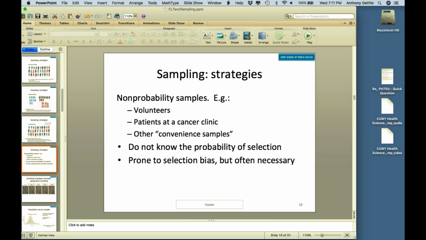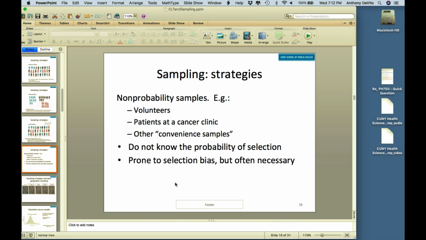Well, mesothelioma is a relatively rare form of cancer. So the last thing you're going to want to do is randomly sample people in a general population, because very few of them are going to have mesothelioma. Instead, what you do is you go to a cancer clinic that treats mesothelioma patients, and you use those mesothelioma patients as part of your study. And maybe you compare them to another group that's similar in every way, in as many ways as you can, that don't have mesothelioma, to see if there's differences in exposures or other health factors or behavioral things or something like that.